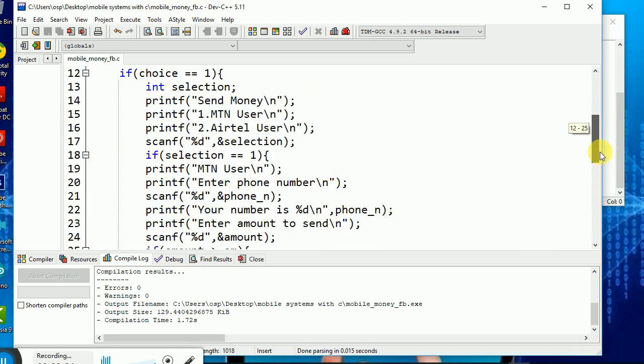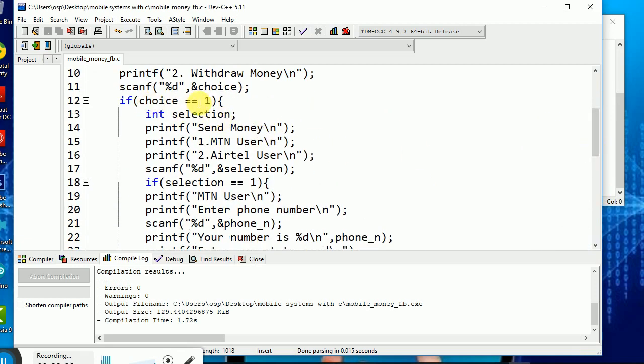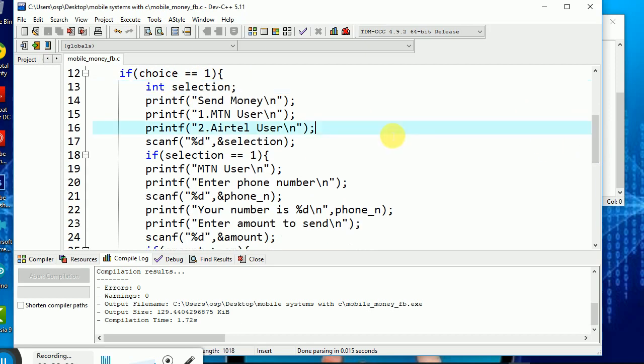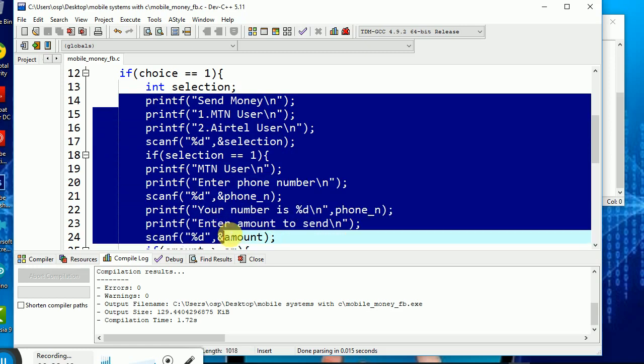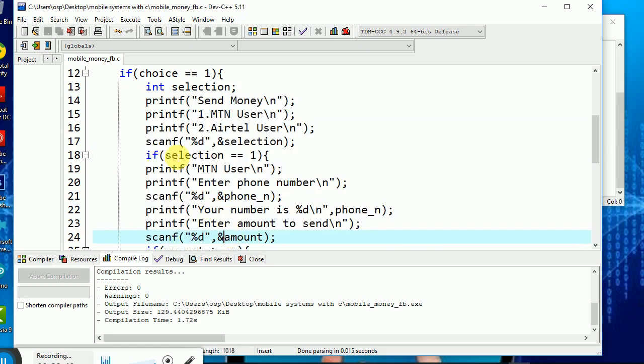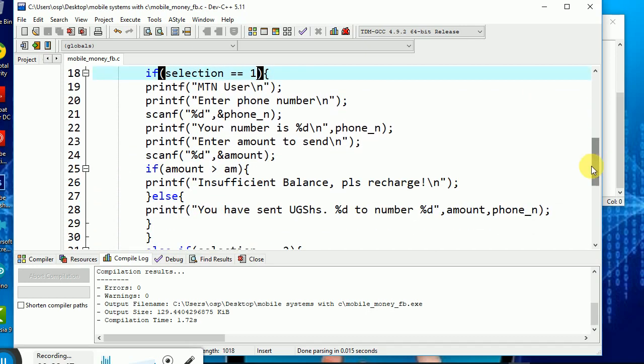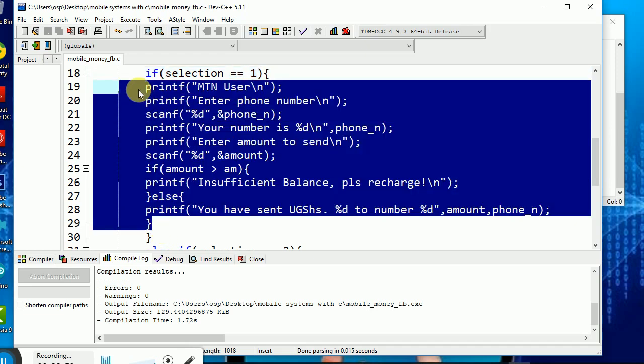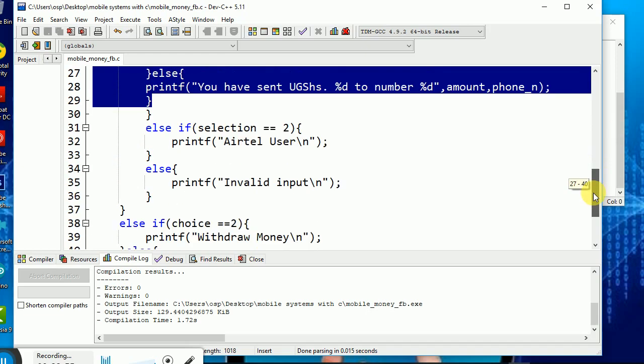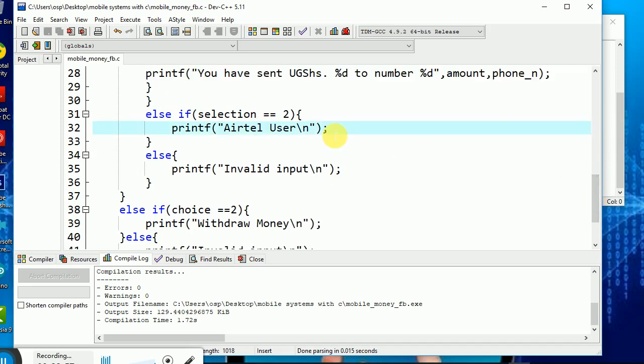So I'm just going to come back in here. I pick where the selection is, which is this. We already have our variable called selection. We already defined it there. Instead of repeating the same thing again, I'm just going to copy this piece of code from there to here. Okay, so that's it. I'm just going to paste it here like that.